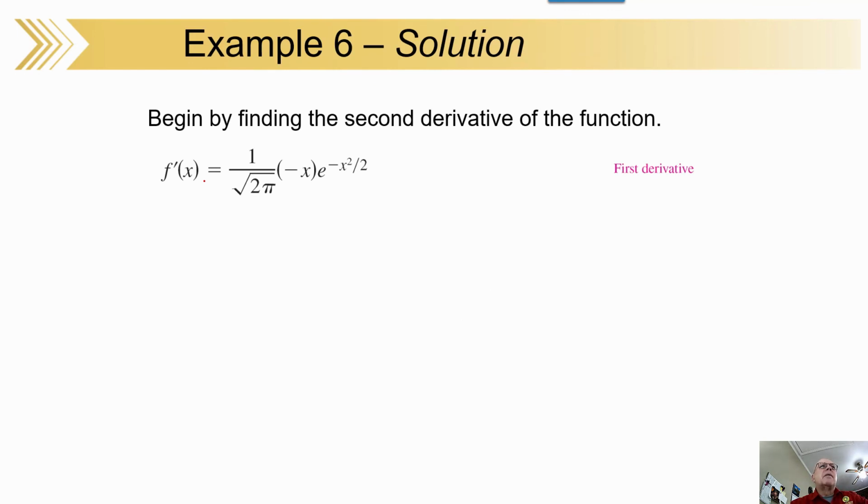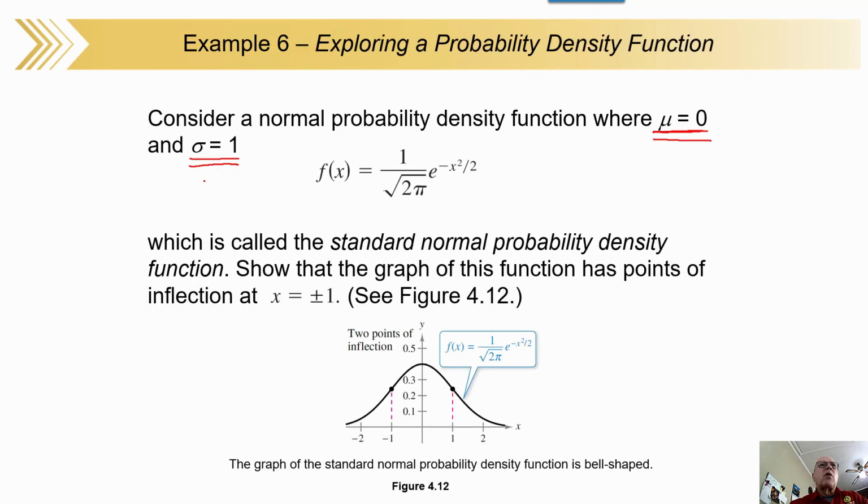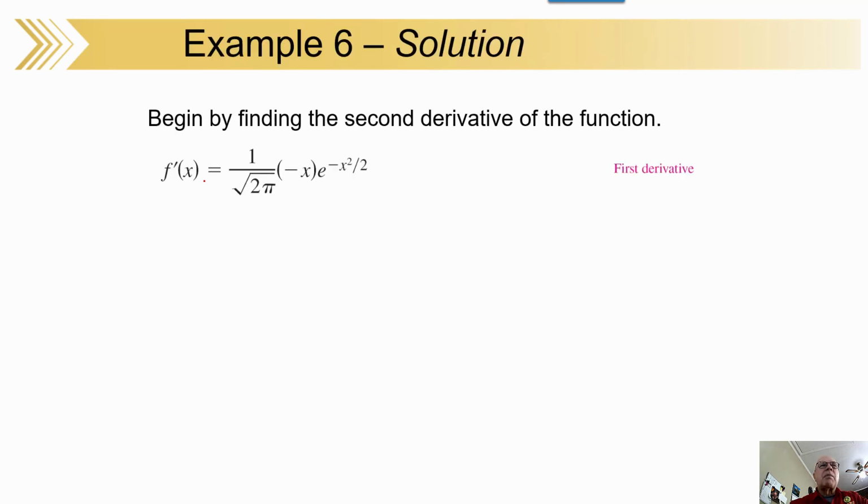So we can find the first derivative. That's actually not too bad because of all those constants. Because remember, you got 0 for the mean, 1 for the standard deviation. Once you put those in, it cleans up a little bit. Notice you've got the constant out front, 1 over the square root of 2 pi. It looks weird, but it's just a constant. Think of it like a 17. And the rest of it,